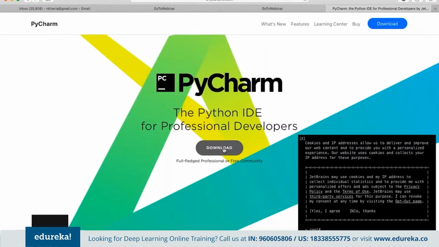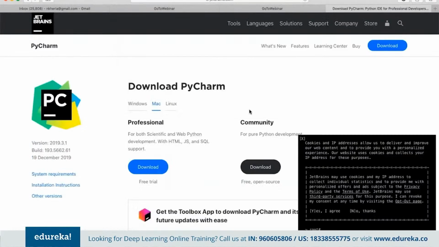If we click on download, we are taken to the download page. PyCharm is available for all three platforms: Windows, Mac, and Linux. Once downloaded, just like normal software, we can set up this entire IDE. And if you want to get started, we also get a complete community edition.